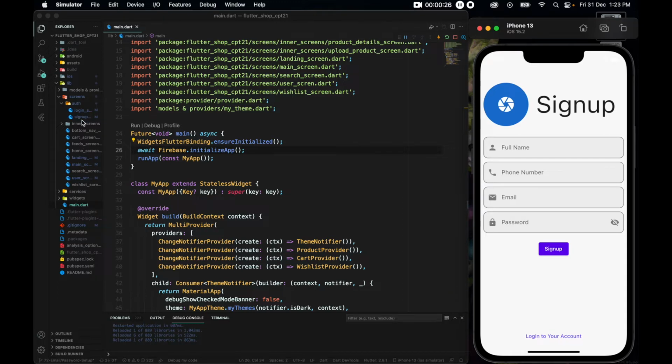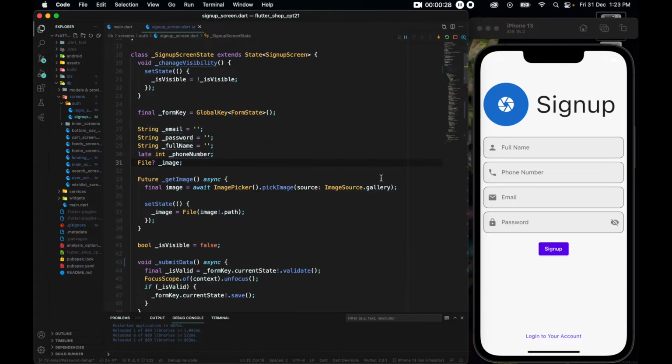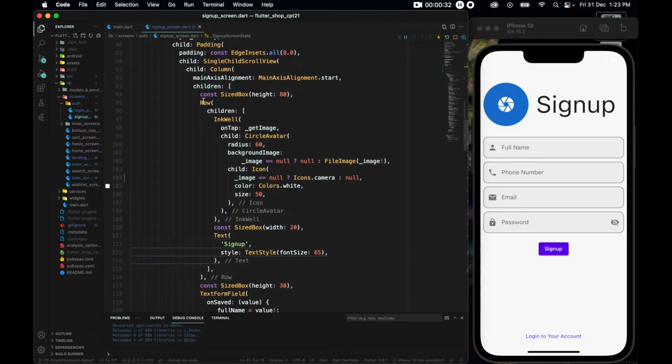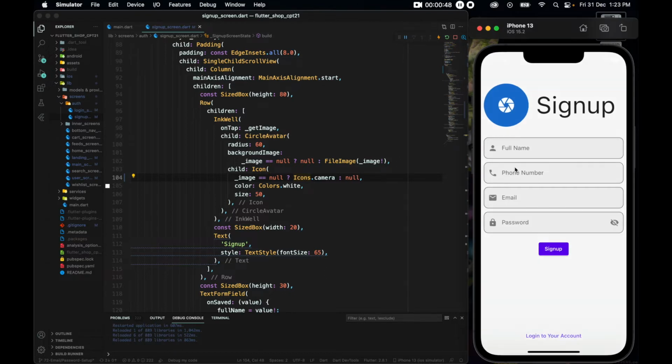So let us head towards the sign up screen. And one thing, if you come down a bit, where you have this row for the circle avatar and the sign up, make sure for the icons, the icon is set up in this way. If image is equal to null, we should have this icon. And if it is not null, hence it should be null. So if I choose an image,